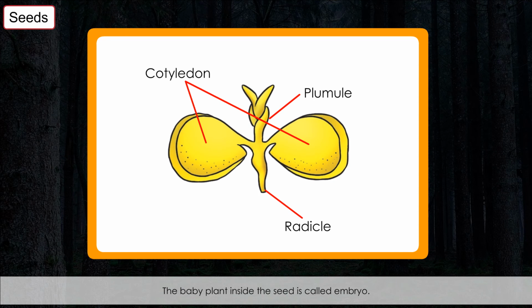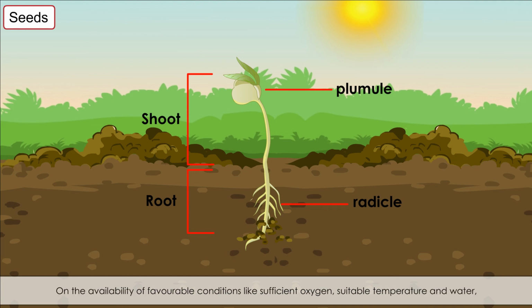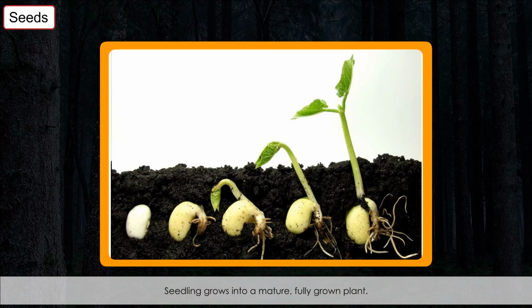The baby plant inside the seed is called embryo. An embryo consists of a plumule and a radicle. The plumule grows into a shoot and radicle grows into the root. On the availability of favorable conditions like sufficient oxygen, suitable temperature and water, the embryo grows into a young plant known as seedling. Seedling grows into a mature,